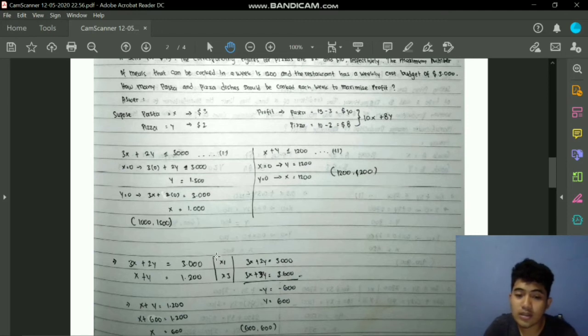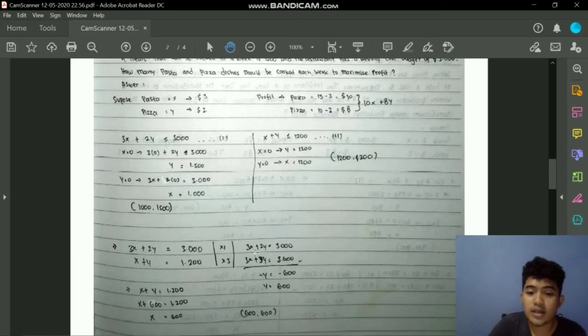We must make the same x or y, so we multiply them: the top by 1 and the bottom by 3. We get 3x plus 2y equals 3000, and 3x plus 3y equals 3600, and subtracting we get minus y equals minus